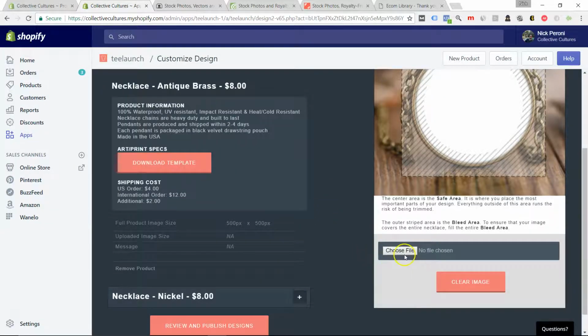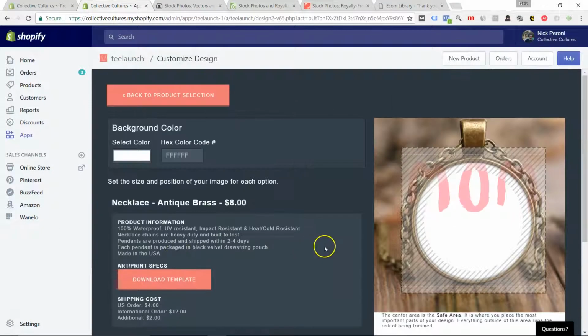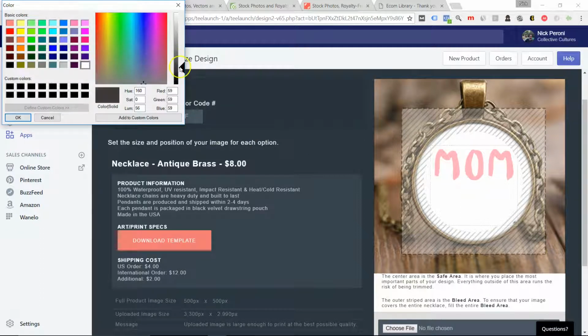Let's see. The background of the necklace is white, but we can fix that. We just put this right in here. We see where the safe zone is. Now let's do a